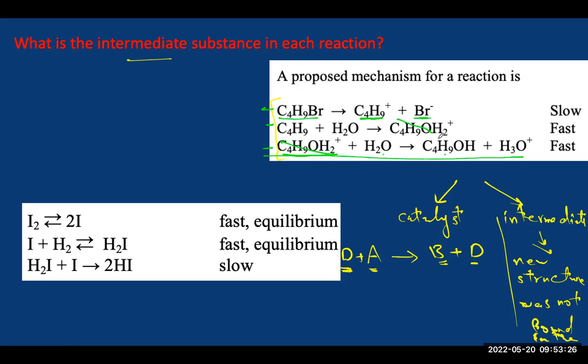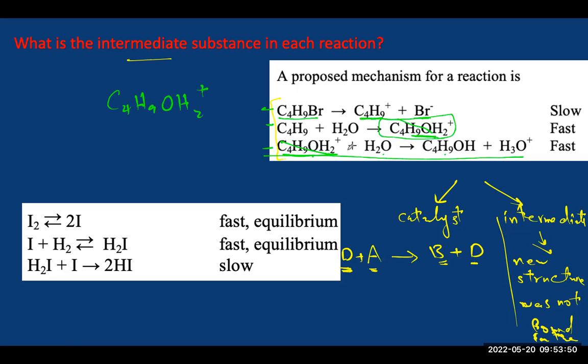So this should be the intermediate. The intermediate will start to appear as a product. The first time you see an intermediate, you will see it as a product in one of the steps, and then this product should be consumed in the next step as a reactant. This is the intermediate. So the intermediate here should be